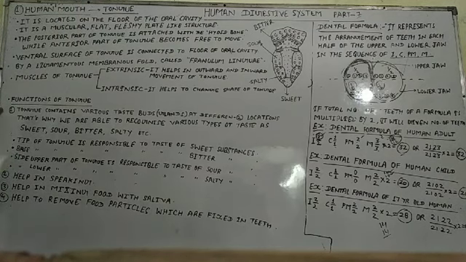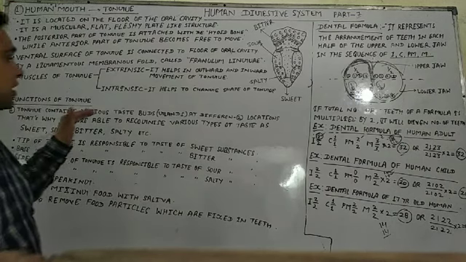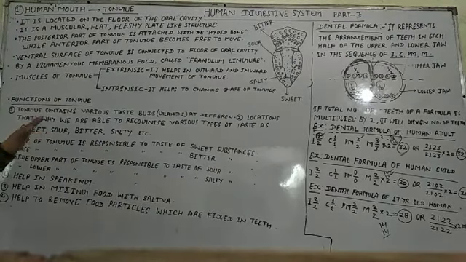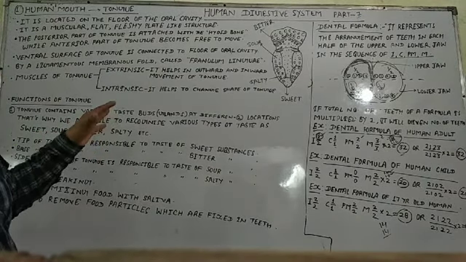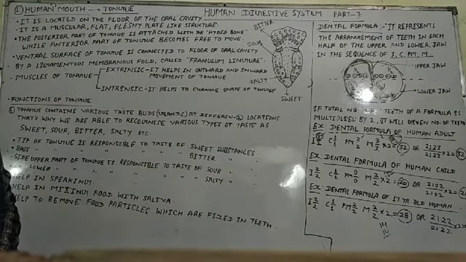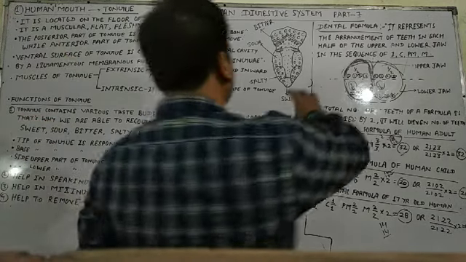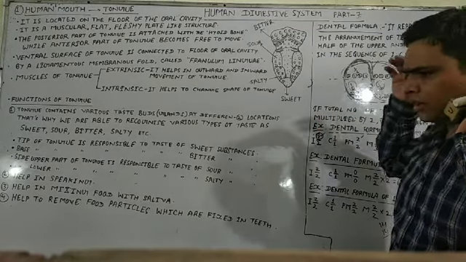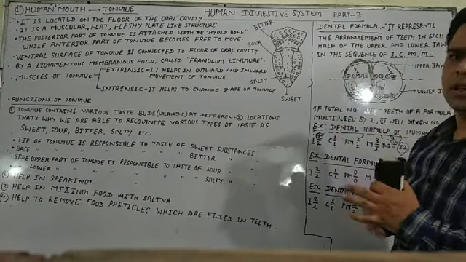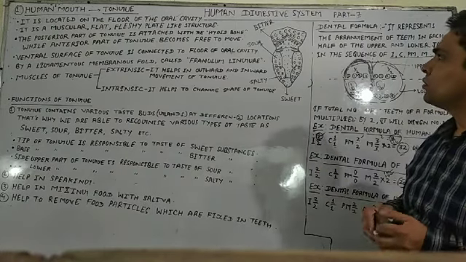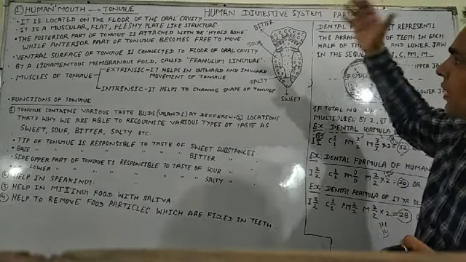So we are discussing, first one is tongue contains various taste buds, glands at different locations. That's why we are able to recognize various types of taste as sweet, sour, bitter, salty, etc. So students, you know very well that this is the diagram of our tongue, and I am not talking about the internal structure of the tongue. I am talking about the functions. What are the functions played by the tongue? What role is played by the tongue?